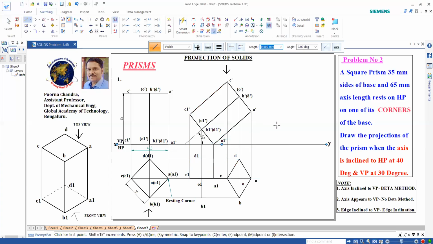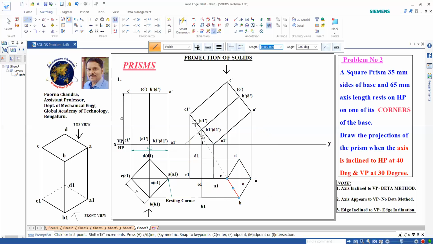Next, what about this BB1 and DD1? It is exactly at center, right? But if you watch from top, those two edges are visible. So how can we judge that it is visible? If you watch here, this DD1 is an outer edge, right? Since it is an outer edge, it should be visible. BB1 is also an outer edge, and the outer part of the solid should always be visible. It cannot be hidden, right? Only the inner part can be hidden. So this should be visible.